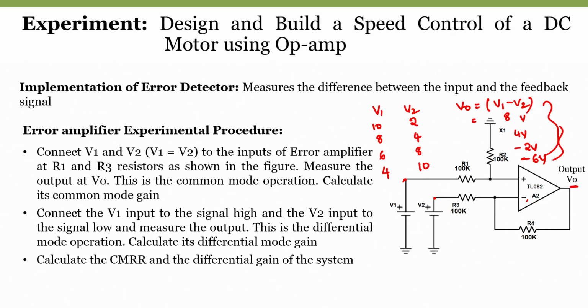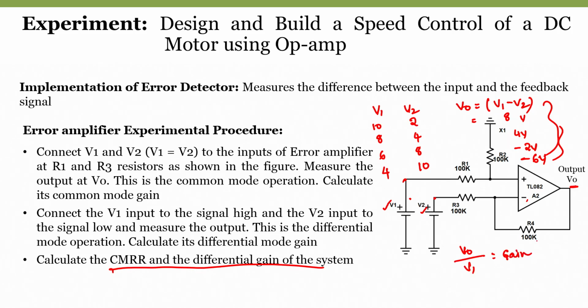In order to calculate the gain as well as the CMRR value of the system, practically as well as theoretically, we can apply the same signals at V1 and V2 and see what output voltage we get. V out by the input voltage that we connect is nothing but the gain of the system.